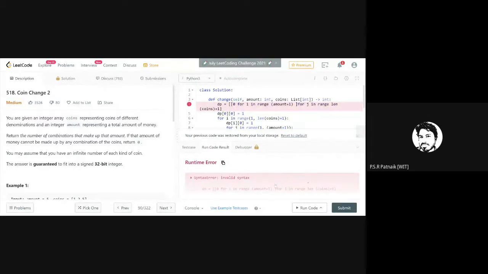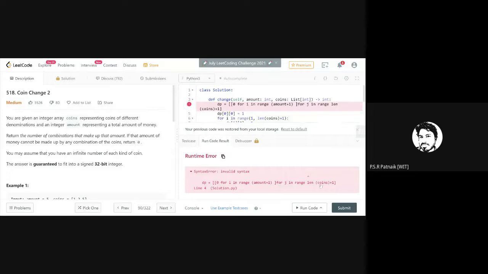Okay, what is it saying? For j in range.